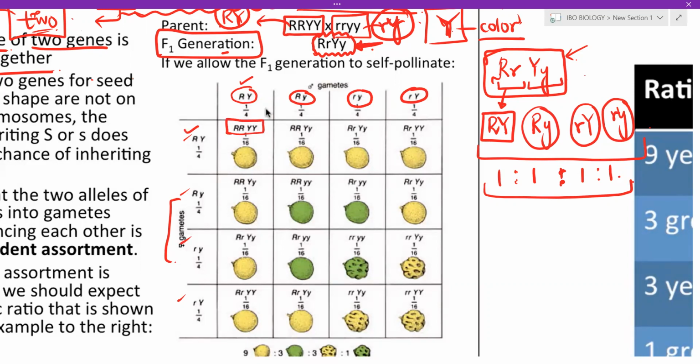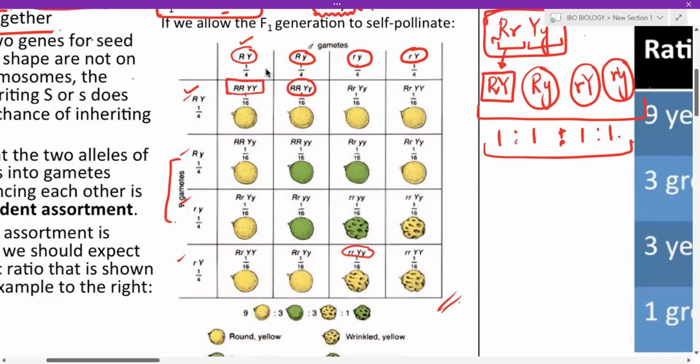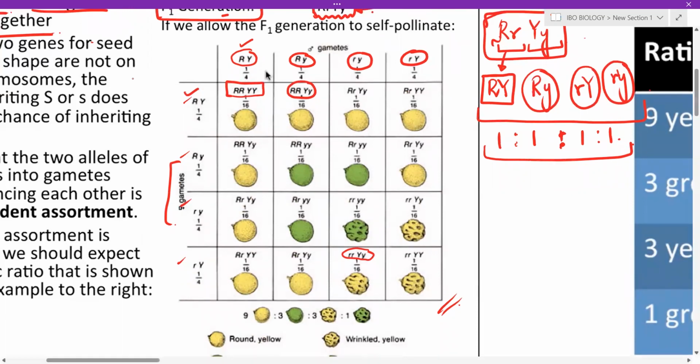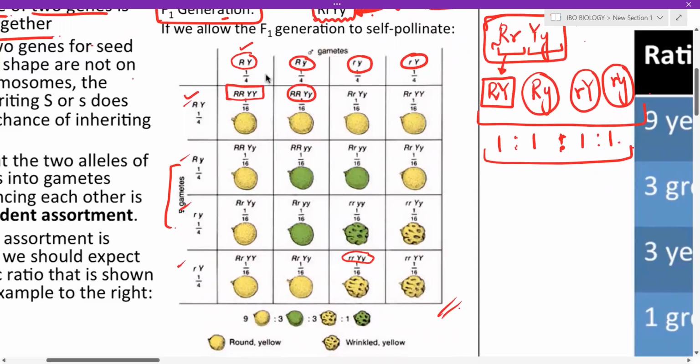Capital R and capital Y, homozygous, right? Meaning it is round and yellow in color. Similarly, round and yellow in color again with this genotypic ratio. Okay, just write it down, and all of these have been written till here. Okay, you can see that there are wrinkled ones here as well. Okay, and that's because you get homozygous r genes, right? The lowercase r genes over here, and they are recessive. Whereas the yellow color is still there, so it's still yellow in color. So you get all of these combinations